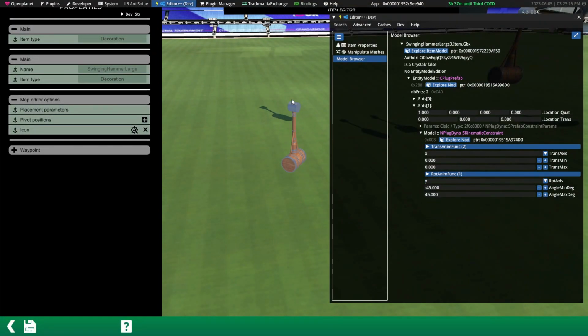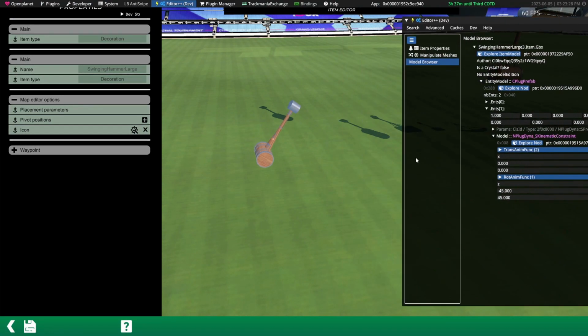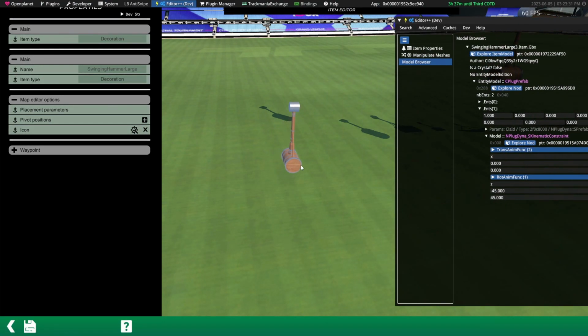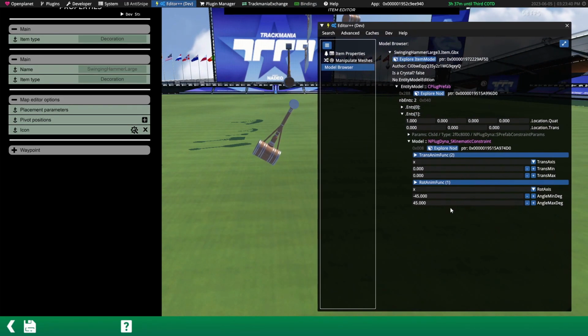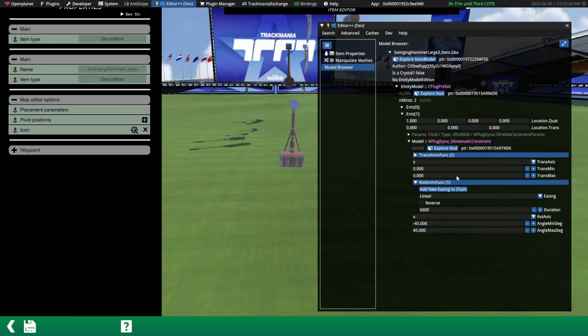Y is not the correct one, like we can see that it's rotating sort of around the y-axis, y being up. Now we don't want that, we want it to swing back and forward, which means that we're going to need either the z or the x-axis. If we try the z-axis, then you can sort of see that it is roughly doing what we want, except that it's doing it in the wrong way. So we don't want the z-axis, we want the x-axis. And now we can see that it is actually swinging in the way that we want. So we have our parameters here of -45 to 45,